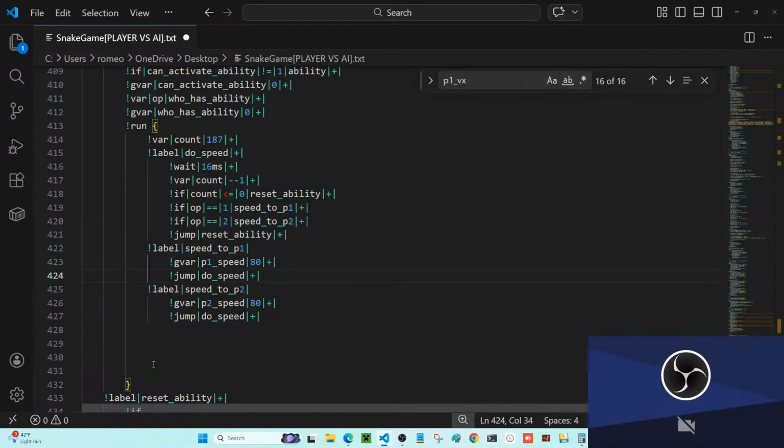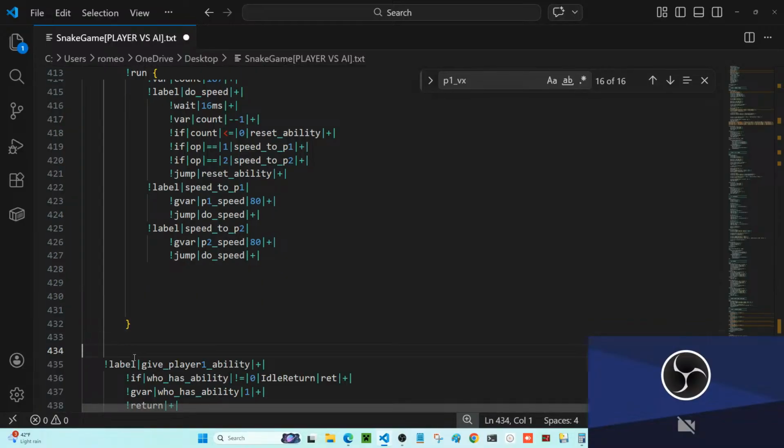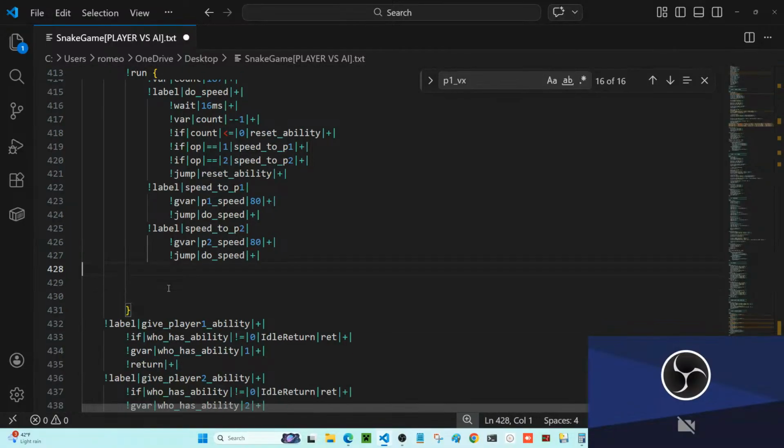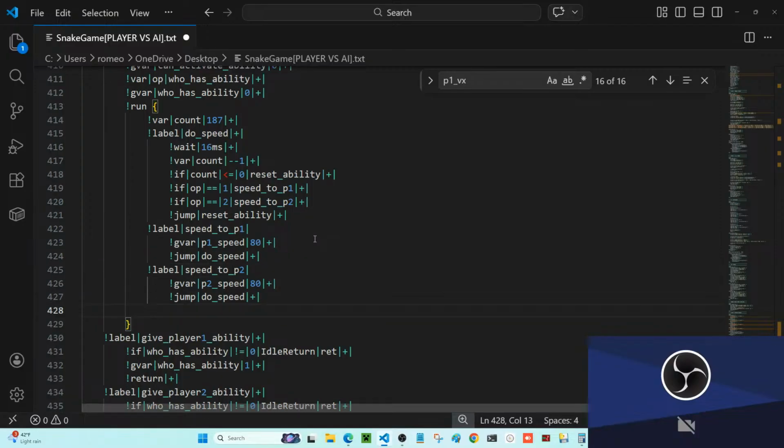I think it's better if they have their own reset loops, instead of calling different ones. It's better to have their own reset loops here. So I'll just go ahead and create one over here. I'll call it speed reset. So that way